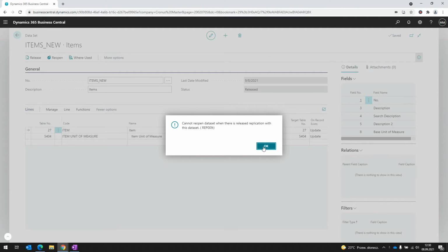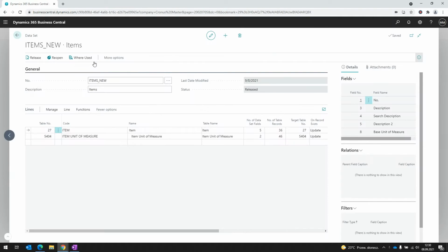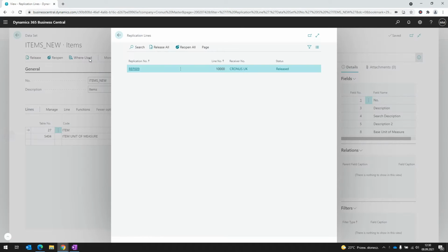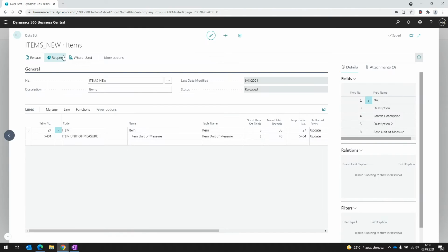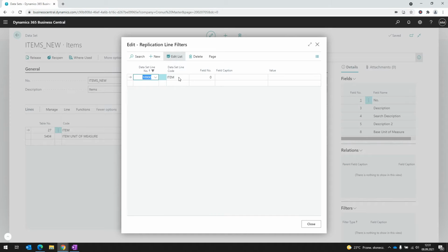To do that, I can use the where used action, where I have a list of all replications. I can reopen all of them by clicking reopen all. Then I can come back to the dataset and reopen this dataset. Now I am able to adjust the filter. So how to do that? I have to highlight the correct line, go to the line and filters, and here I have chosen the item